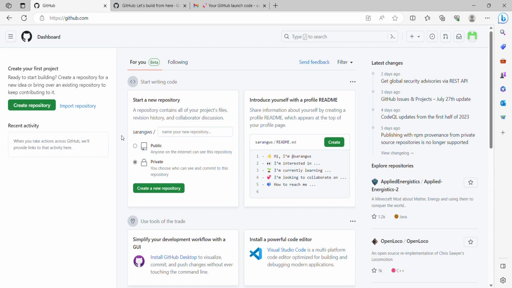Okay, now what we will do, we will create a new repository. So let's say my first repo. Okay, and we'll click on public. Alternatively, you can create a new repository here or you can create a new repository from here as well. But for now I'll just use this one and I'll make this repo public because I want people to find that repo. I'll just click on create new repo